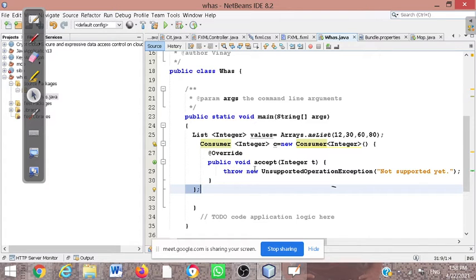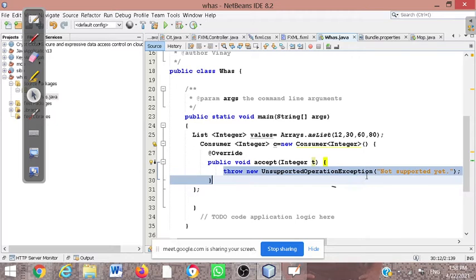So here we are going to override. Public void accept is the method, and in that we are passing the parameter Integer, and we are taking the reference t, and here throw new UnsupportedOperationException. तो यहाँ पर एक थ्रो करा रहे हैं हम, ये थ्रो कीवर्ड हम लोग यूज करते थे जब हमें कोई चीज़ एरर आ रही है और हमको फोर्सफुली थ्रो करना हो, तो वहाँ पर हम इसका यूज करते हैं। UnsupportedOperationException is predefined, and it means not supported yet. तो अगर कोई भी एरर आती है, एक्सेप्शन होती है, तो उसको ये सपोर्ट हैंडल करेगा, मैनेज करेगा, राइट?